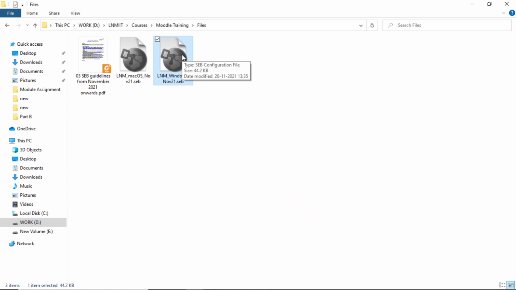And after that, it will ask you to log in on your Moodle web page. You have to use the account details, that is your roll number and password. And I am going to demonstrate using a regular browser how you have to proceed once you are able to log in on Safe Exam Browser.